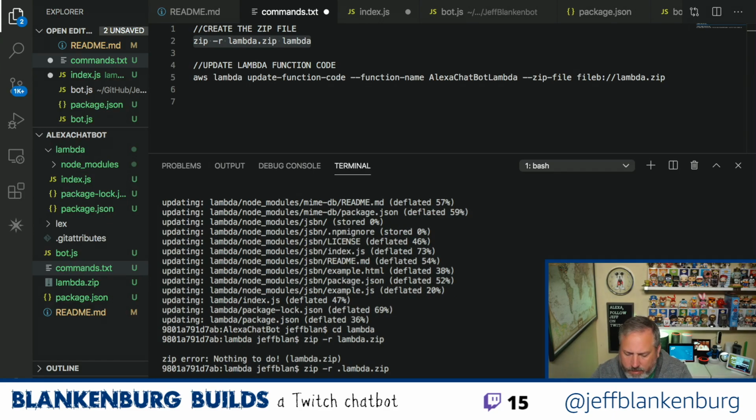What am I missing? I'm forgetting the zip -r lambda.zip. I also feel like I would like it to... Is that just a period, like a space like that?